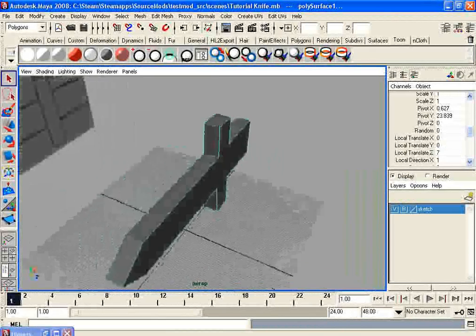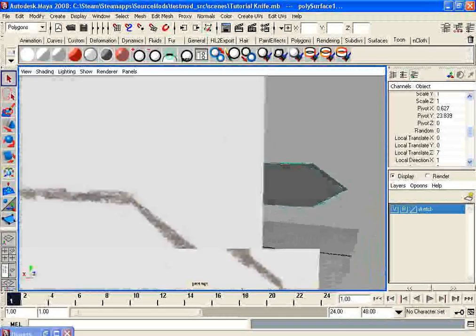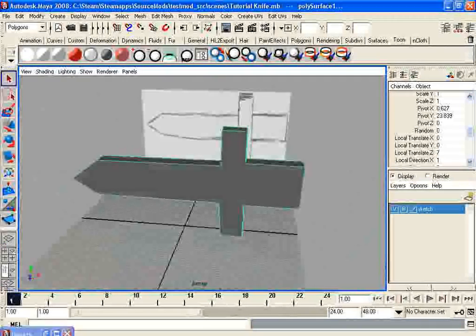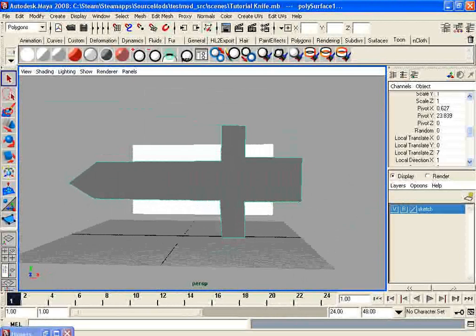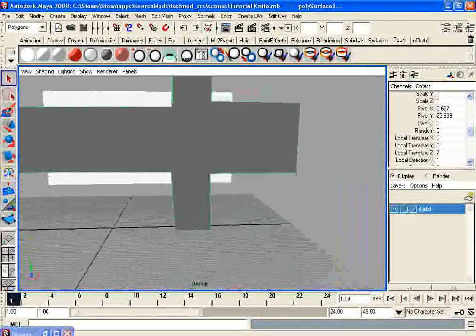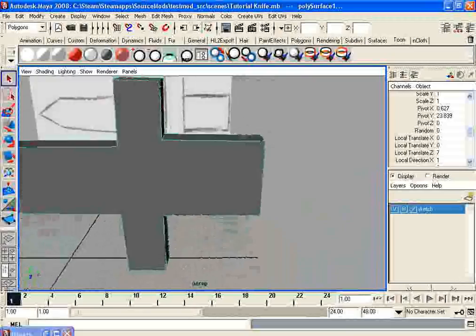Alright, now some fine tuning. Immediately, just look at it. It's not completely even. For this I'm not going to make it completely even, but I'm going to show you a few tricks that you can do to mess around with this and